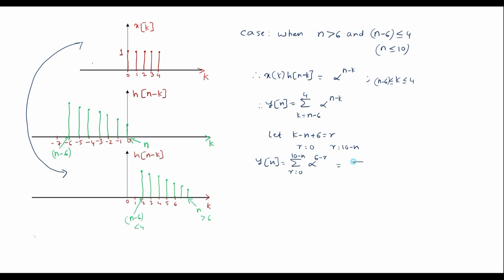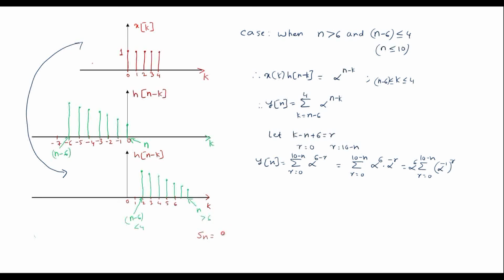It can be simplified as summation r equal to 0 to 10 minus n of alpha power 6 into alpha power minus r. So this can be further represented as, I'll take alpha power 6 outside the summation as it is constant, 0 to 10 minus n, alpha inverse raised to r. This can be simplified using the finite sum formula. That is, the finite sum formula when the lower limit is 0 can be represented as, say, Sn